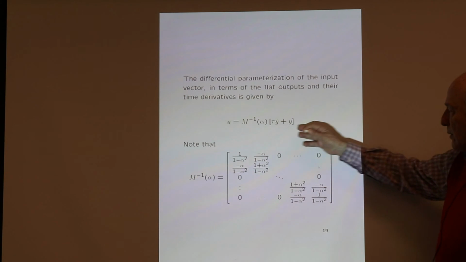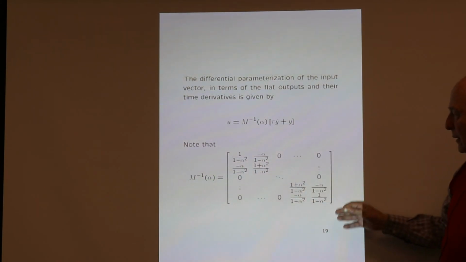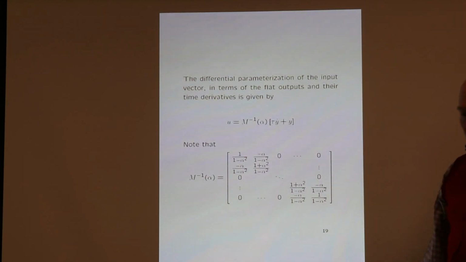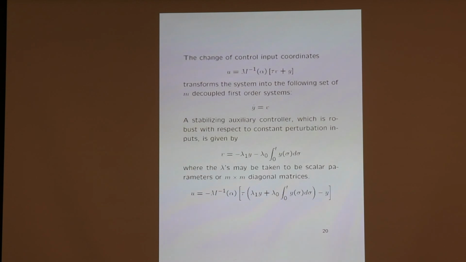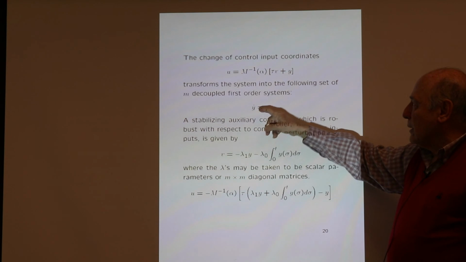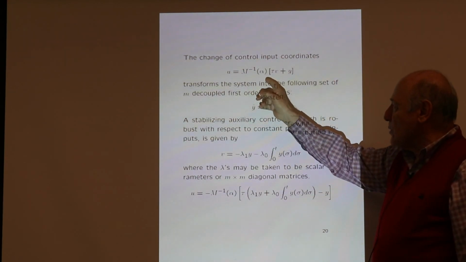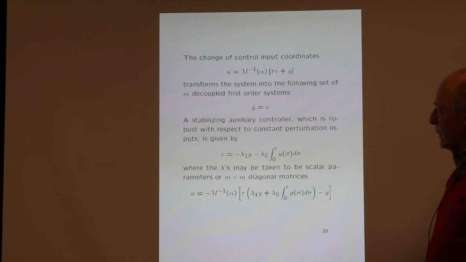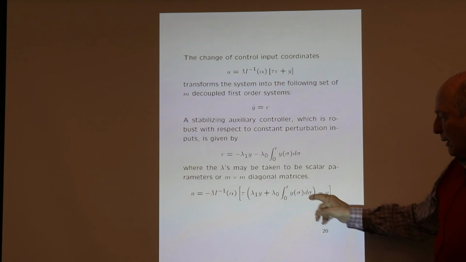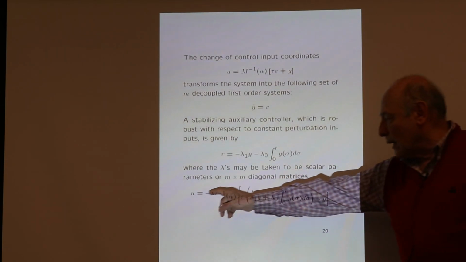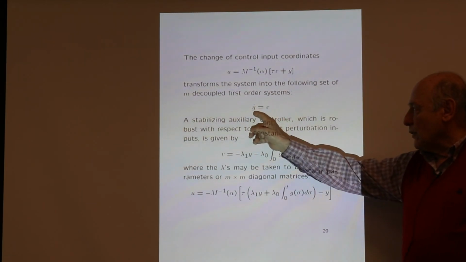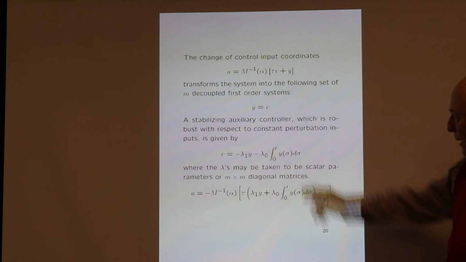You invert that matrix, that first order dynamics, and you get an inverse like this. This matrix is perfectly invertible, and you can obtain the parametrization of the control inputs and the reduction by means of this transformation to a set of independent integrators. So you can put a proportional integral controller, and by doing that you will have the actual controller. You have a bunch of differential equations of first order, each one controlled by an auxiliary control input